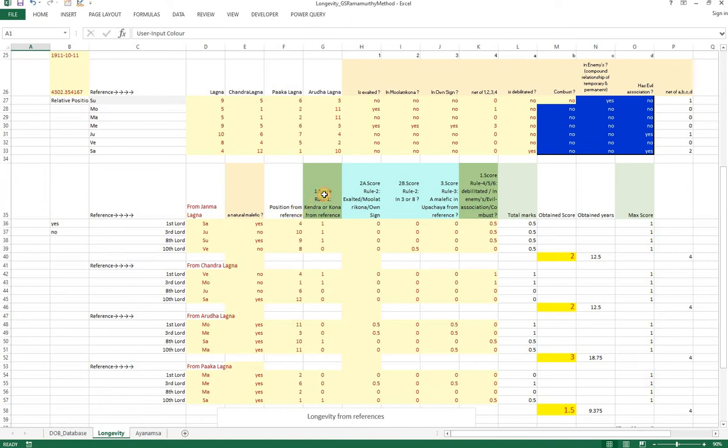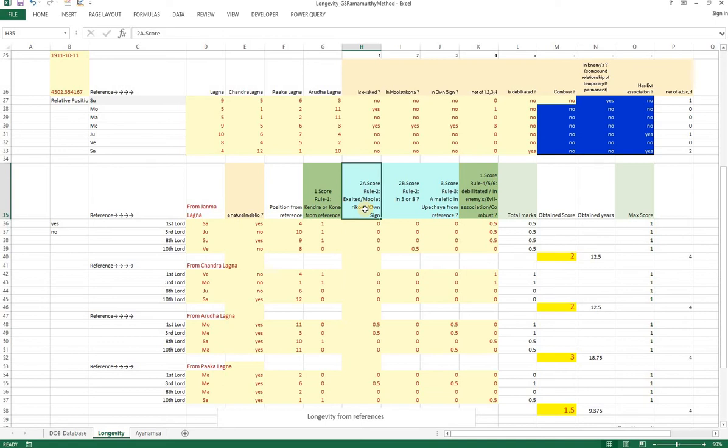a full mark. So when you are scoring it, when it is in a Kendra or a Kona, for instance, Saturn happens to be in the 4th, which is a Kendra, and Jupiter happens to be in the 10th. So Kendra again. Surya is in the 9th, which is a Kona. So all these get 1 mark, whereas Venus doesn't get any mark. And the second rule is, in case it is not getting a mark here, then you check whether